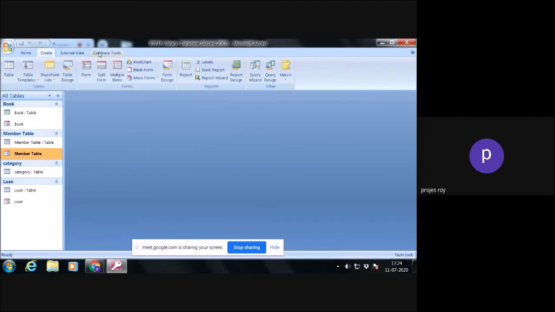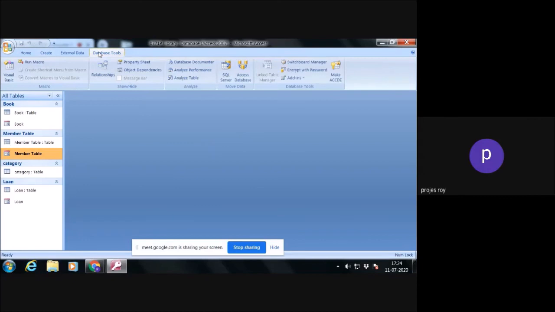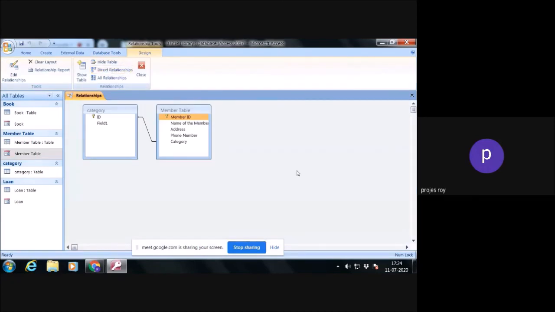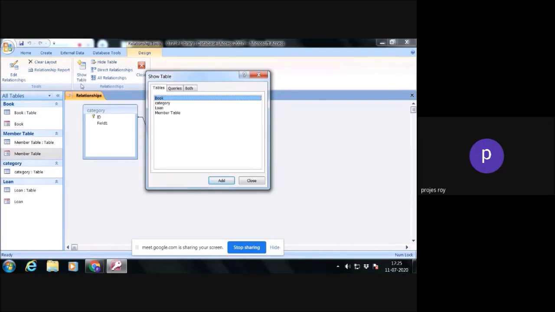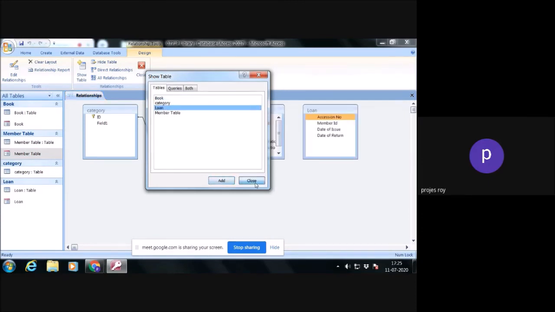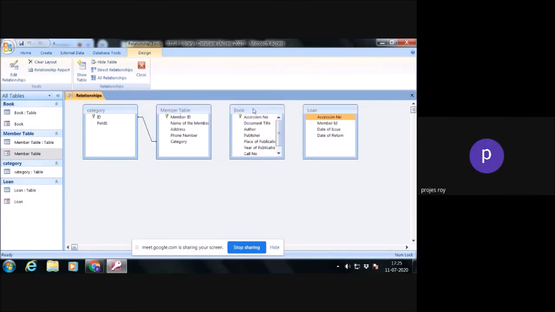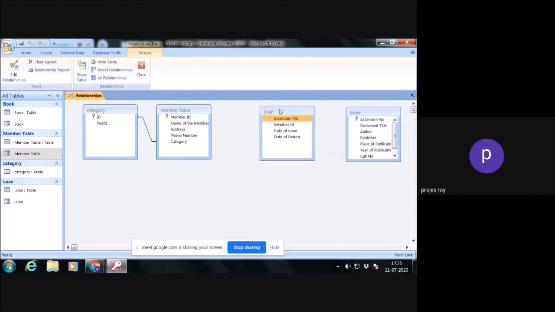So here, if you click database tools, you can see the relationship icon. You just click on the relationship icon. Already the category and table have created some relation. Besides this, you have to put other tables. So just click on show table and book, add, loan, add. Just close it. Just shift book to the right side of loan,